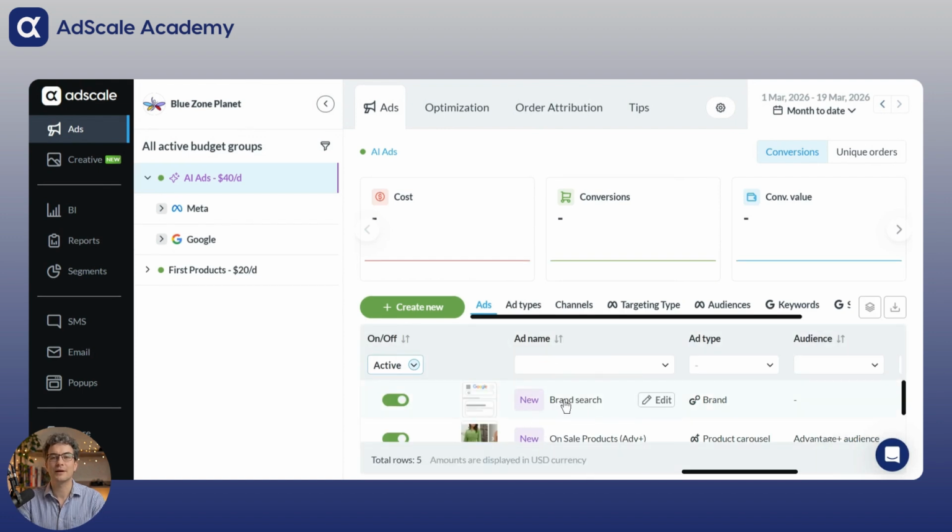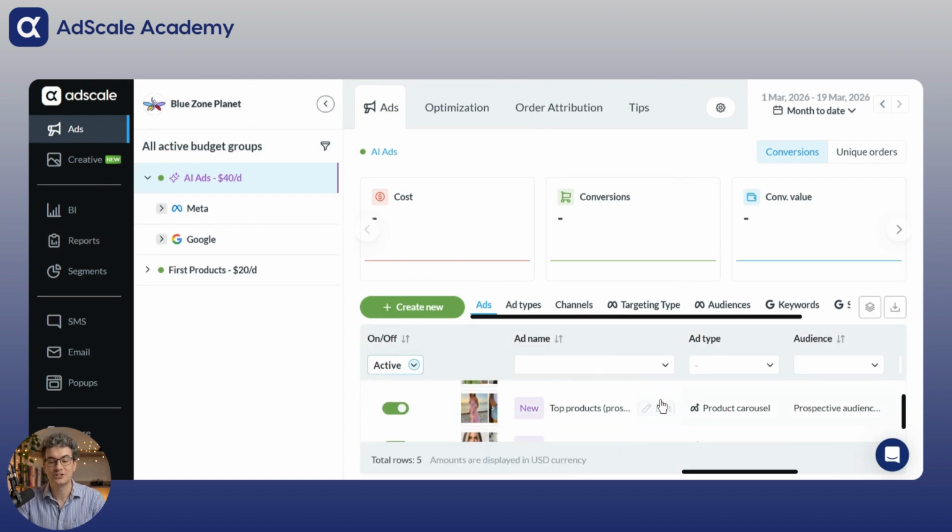If you ever want to tweak something, just hit the Preview or Edit button to change the copy or the